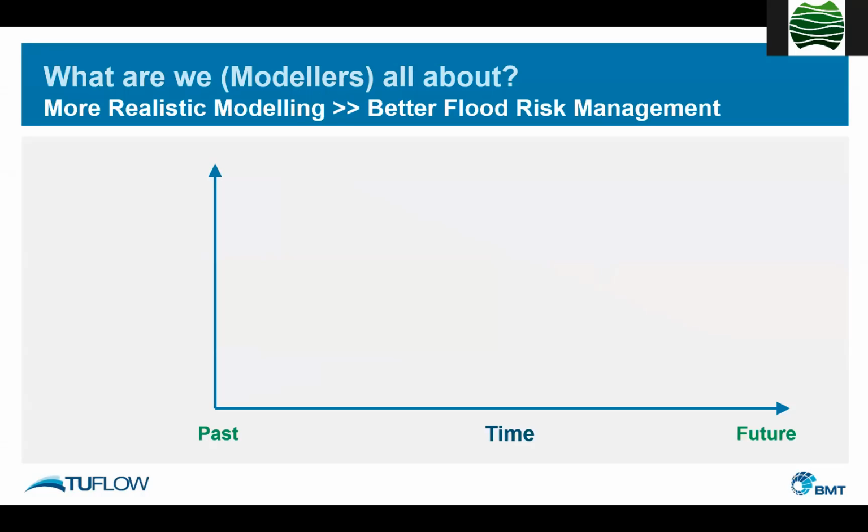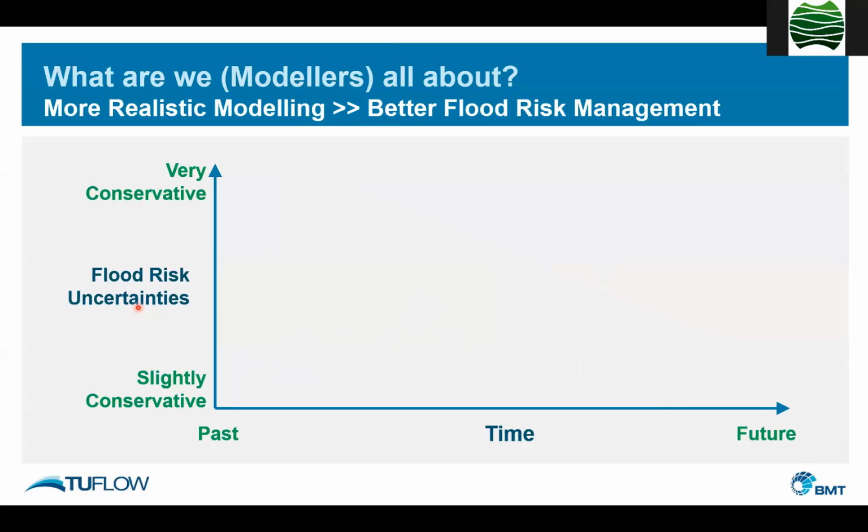And if I chose to do another graph, looking at the past through to the future, on the left-hand axis, we're modelling the amount of uncertainties in our flood modelling or in our flood decision making. And that axis would go from a very conservative approach. If you have a lot of uncertainties in your modeling, you need to be very conservative in your decision making. For example, you might have a larger freeboard if you have a lot of uncertainties in your flood modeling. But if your flood modeling is more and more accurate, then it allows the decision makers to be less conservative and be more precise about their advice to the community.